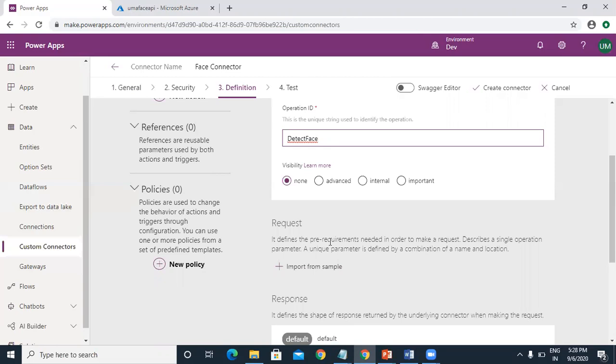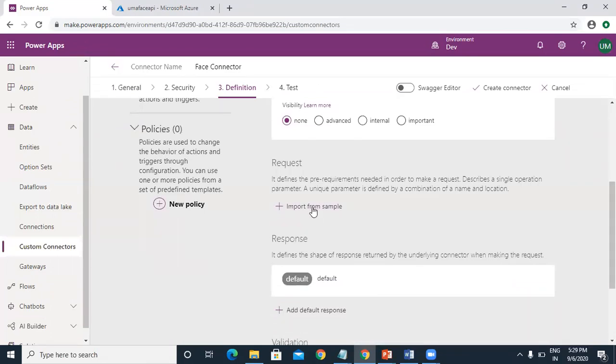Advanced means it is hidden under an additional menu. Internal means it's hidden from the user. Important means it's always shown to the user first, right?